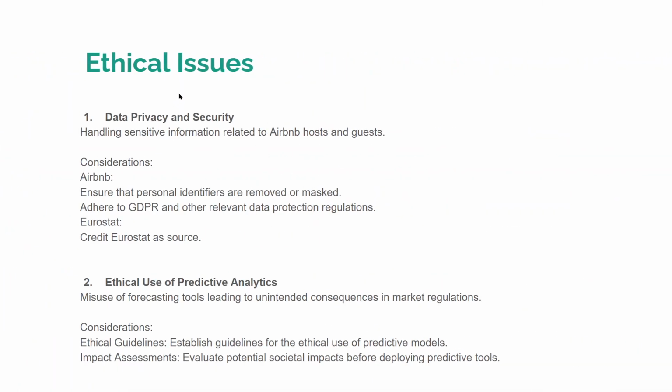When it comes to ethical issues, the first one is of course data privacy and security. When it comes to Airbnb, we should ensure that personal identifiers are removed, because Airbnb shares information about hosts and guests. Also, we should adhere to GDPR and other data protection regulations. And when it comes to Eurostat data, it's relatively easier and it's open source, and it's enough just to credit